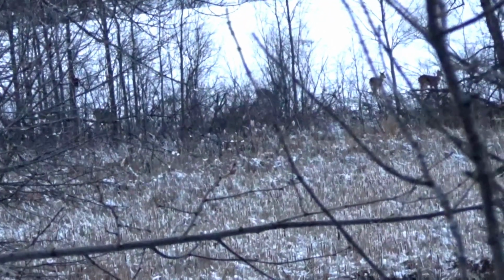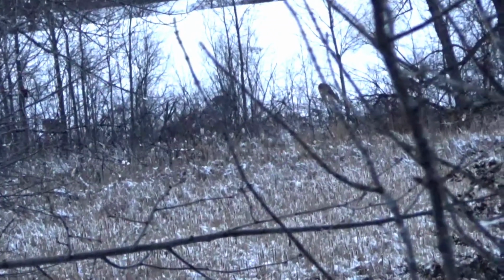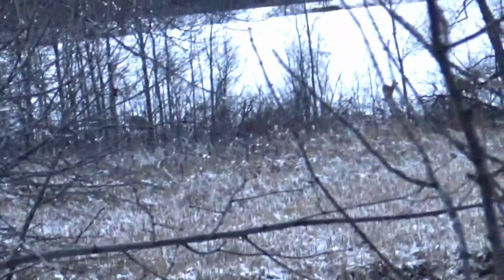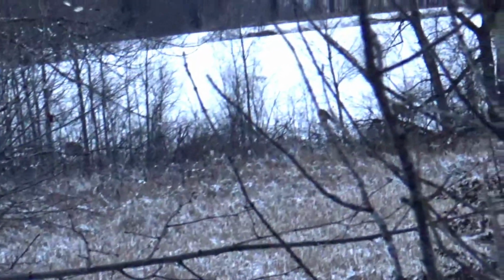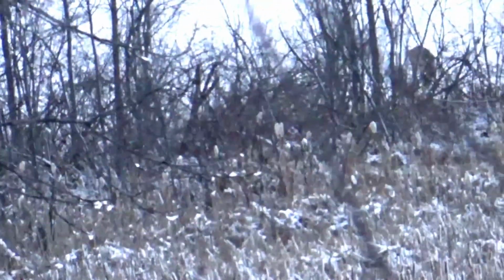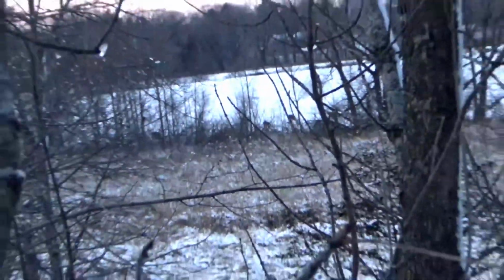Just saw like 4 coyotes walk by in front of me at about 70 yards or so, right along the field edge. I didn't get any video of them because I left the camera on the camera arm just in case they got close and I could maybe get a shot, but they didn't really. They were too thick of stuff. Those deer are probably 200 to 300 yards away, on the other side of the